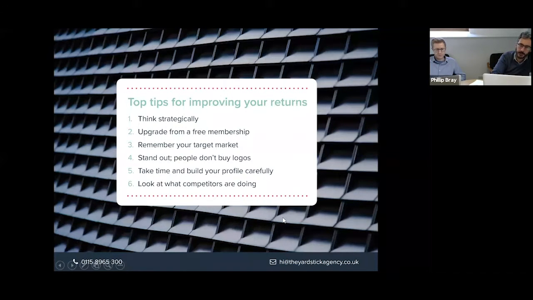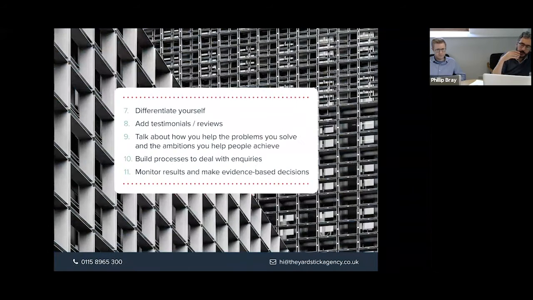And look at what the competitors are doing. As I've said, do a search and see what else they're doing. And most of them are really poor. People tend to build them and then forget about them. So have a look at what competitors are doing by doing that search and reacting from there. As we talked about before, differentiate yourself. Explain the reasons people choose you. This is a reasonably competitive environment. So if you're chartered, talk about that. If you're accredited, talk about that. If you have done a lot of work in the community, talk about that, etc. But find ways to differentiate yourself.